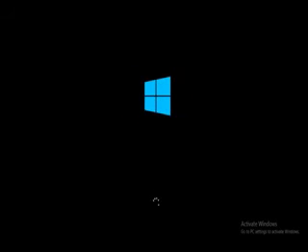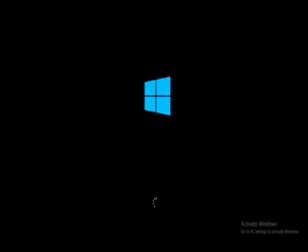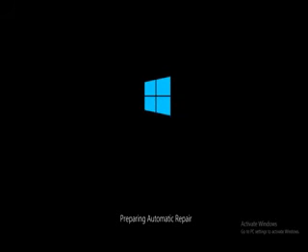Eventually, this error message stays for a very short time. Let's see how it looks. When you start your system, this error pops up for a second and then the system suddenly restarts. Let me show you the last part in slow motion. There you go. After the error pops up, the system immediately restarts and then starts this automatic repair,